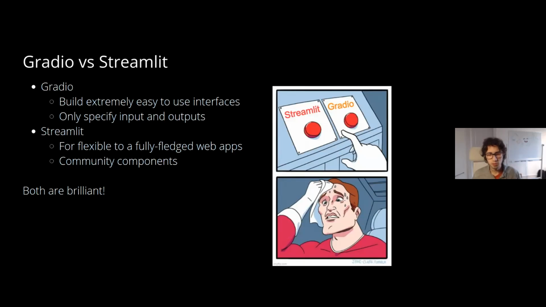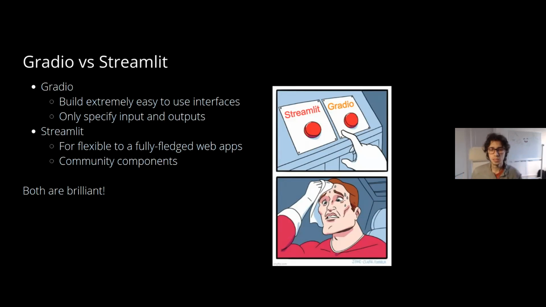So I've been talking about Gradio. You probably have heard about another library called Streamlit. Both are very easy to learn. Actually, I would suggest you try out both of them because, as I was mentioning, it's really easy to learn. Gradio is very nice when you want an interface in which you have an input and an output, and it's very clear. Streamlit is very nice because you can build more complex web apps. So you can have dataset visualizations, you can have maps, you can have very cool stuff.